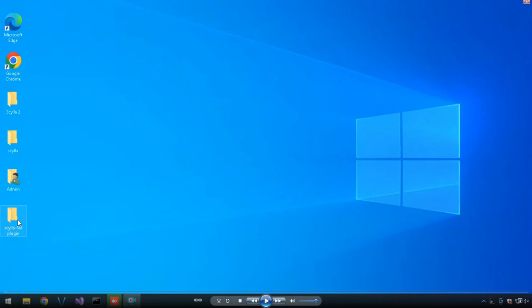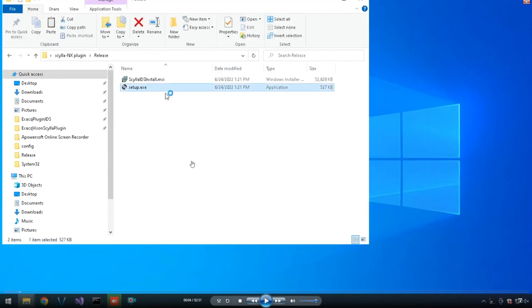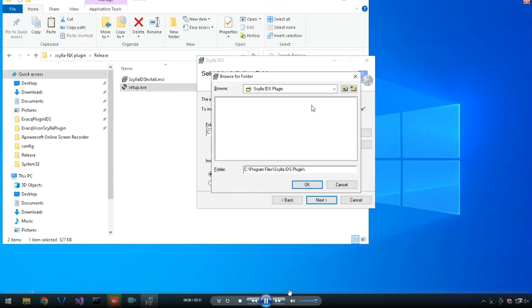events. So the first thing that you do is you're going to want to download the Scylla IDS plugin for Network Optix. Once you do that, you would run the setup.exe file located inside the release subfolder of the Scylla NX plugin folder. And you go ahead and select the installation location for the